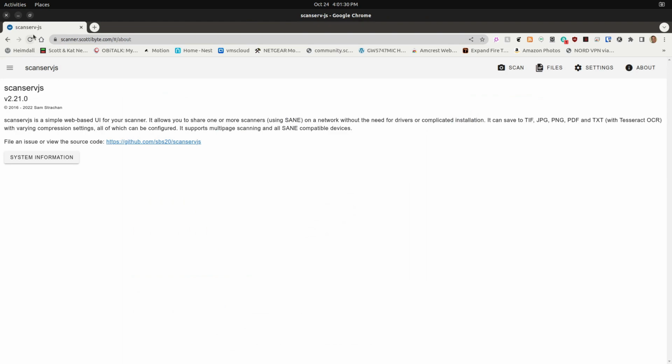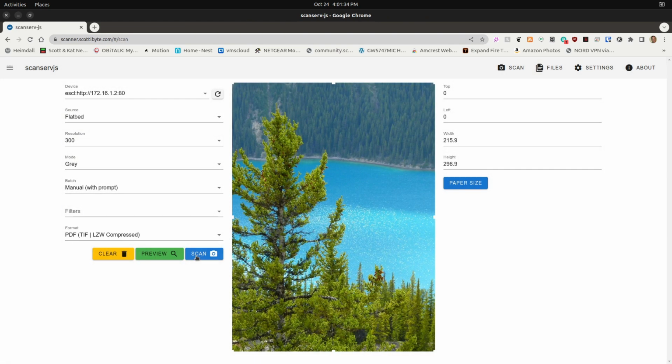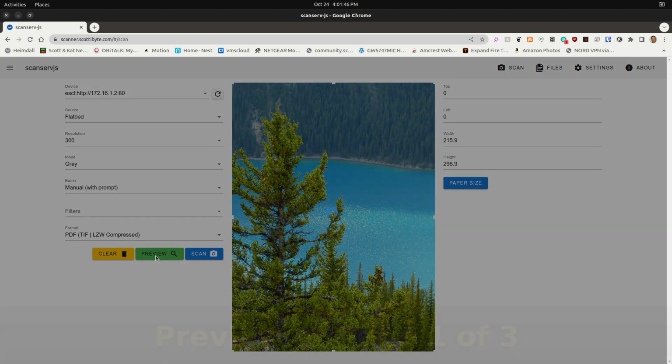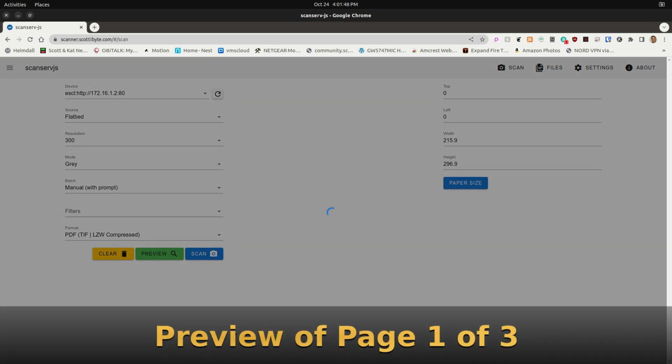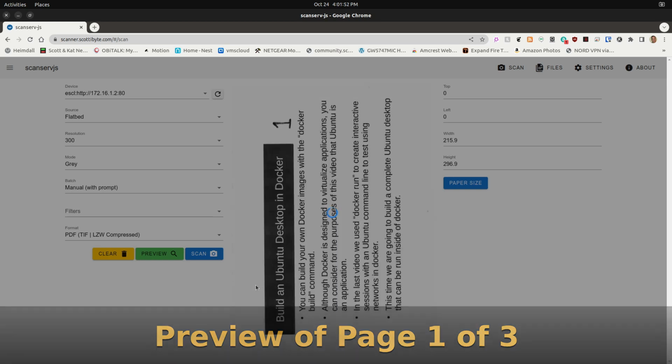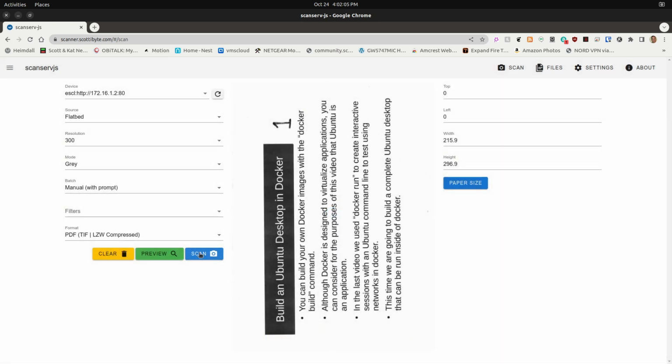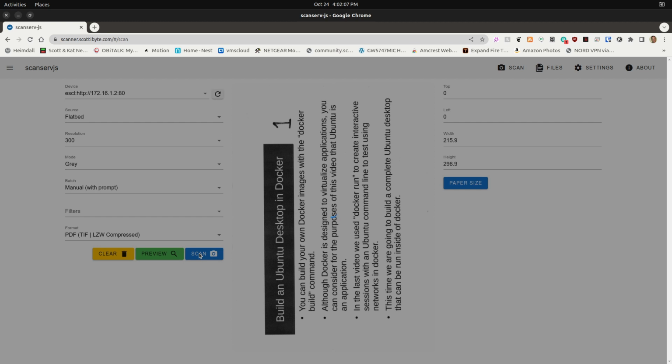All right, so if we come back here and we go to scan, and then we say we're going to do manual with prompt. I've got a 3-page scan, but I'll have to lay each of the 3 pages on the glass. So first off, I'm going to do a preview, and it will go out and preview the first document. So I'll go off and say scan, and when we scan it,